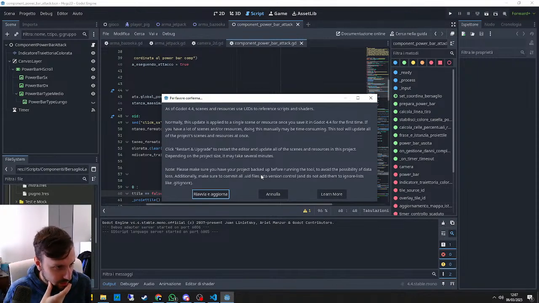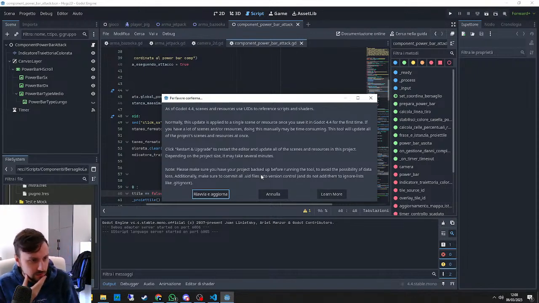Click restart and upgrade to restart the editor and update all the scenes and resources in this project. Depending on the project size, it may take several minutes. Note, please make sure you have a project backup before running the tool to avoid the possibility of data loss. Additionally, make sure to commit all UID files in your version control and do not add them to the ignore list,